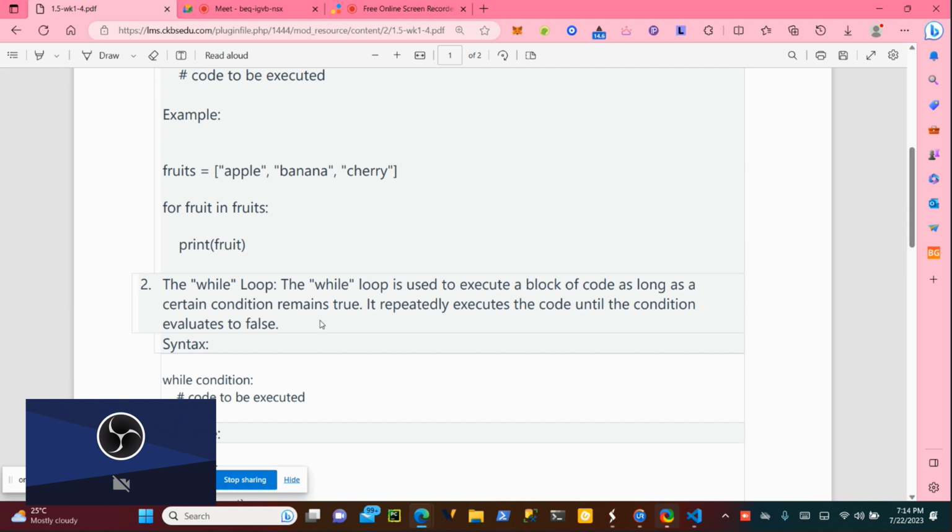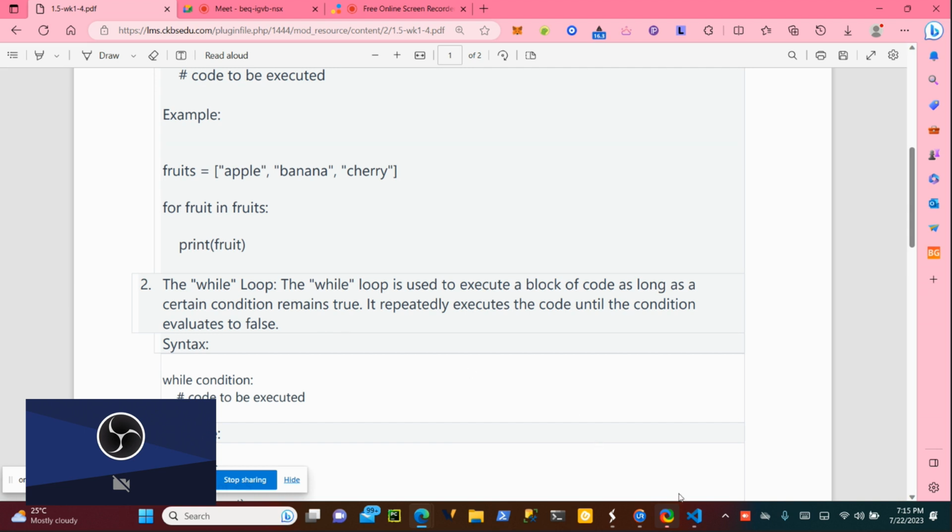Now, instead of you printing your name 5 times, you can put it in a while loop. The while loop is going to execute that block of code for you over and over until it reaches 5. It starts from 1, and when it reaches 5, the condition will be false. Once it becomes false, then it will stop.